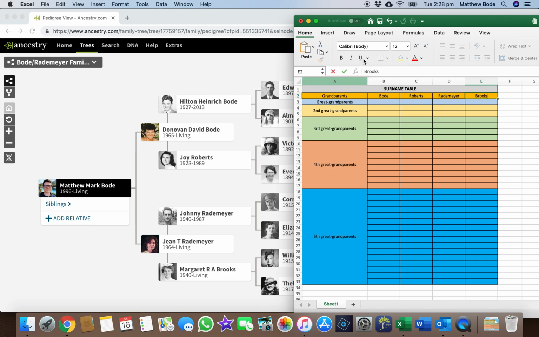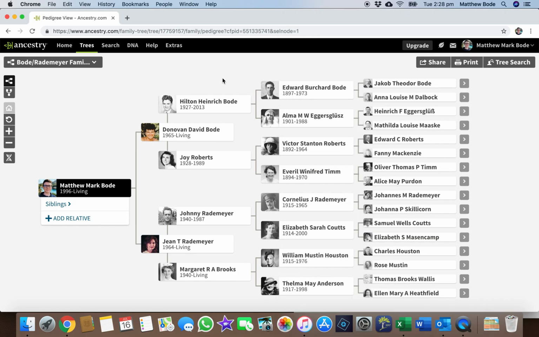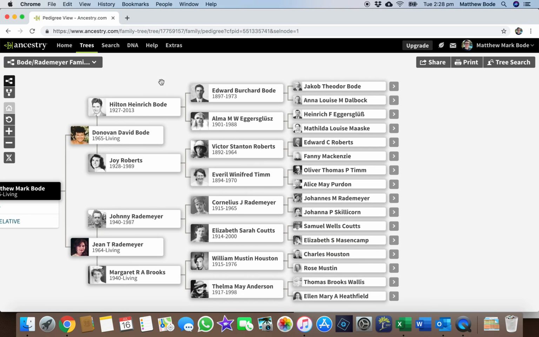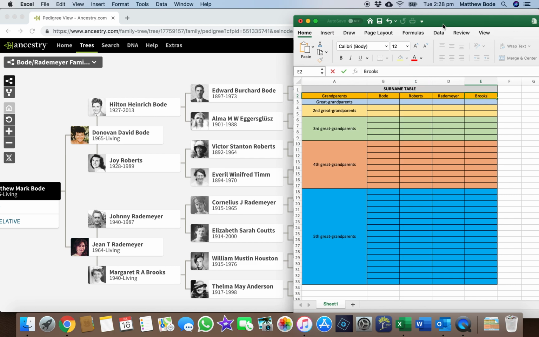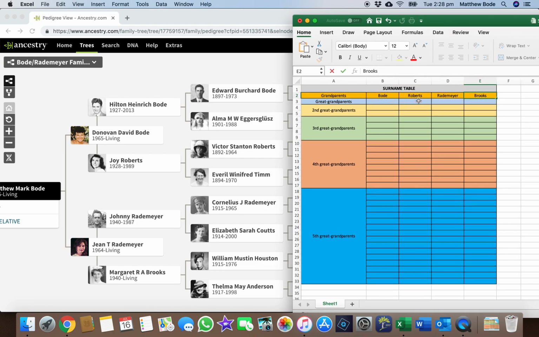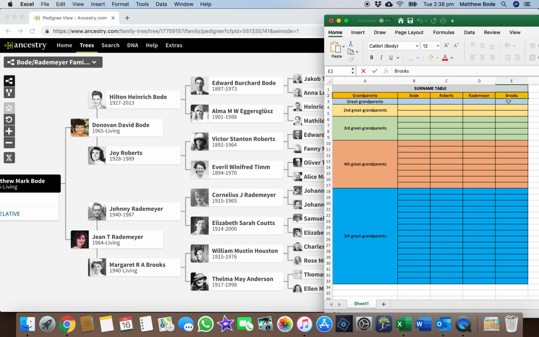Alright, now this is where there seems to be a little bit of confusion on the Facebook group. People were asking why there aren't 8 blank lines for your great grandparents. And the reason for that is each generational level is read to include those above it. For instance, if we were to have 8 blank tabs here for our great grandparents, and we were to enter all of their surnames, we would be duplicating the surnames entered at the grandparent level,